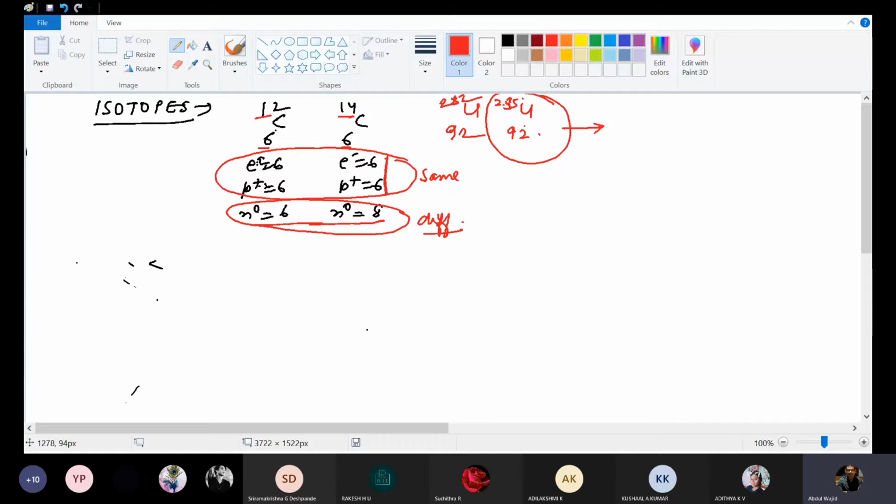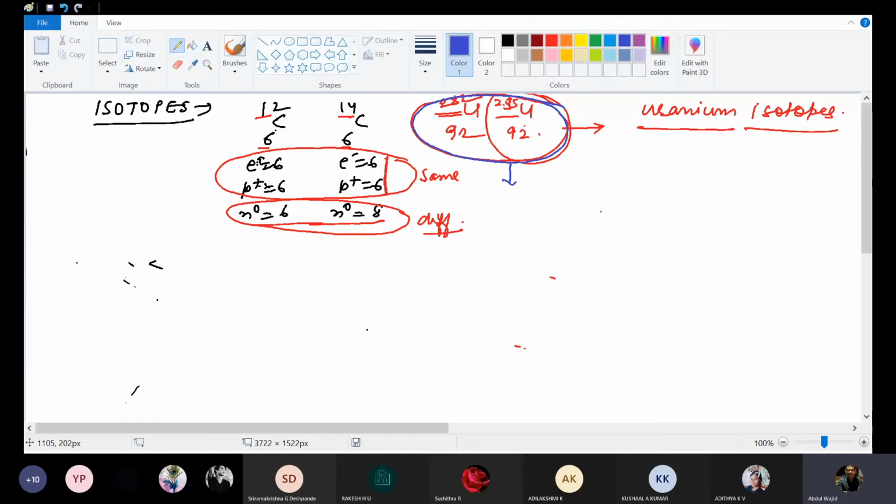So like this, they can ask you something else too. If they give you 235 and 232 both, then it will be easy for you to understand. But if they write like this, isotopes of uranium, then it will be very difficult for you, because they have not mentioned the atomic number and atomic mass. So it is you only who will be remembering all this. If they provide you a question like the earlier one, then it will be easy for you to handle, because everything is written. You just need to do maths only, calculation only is required. But here, not only maths, you have to manage chemistry also. You should know atomic numbers and atomic masses.